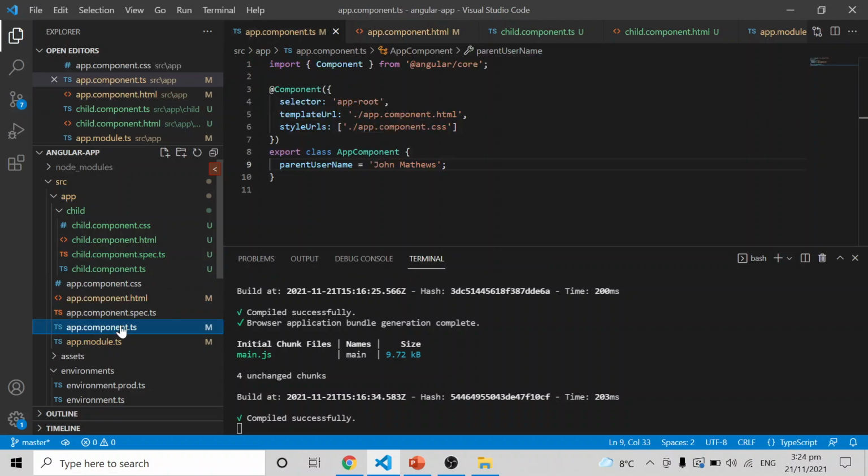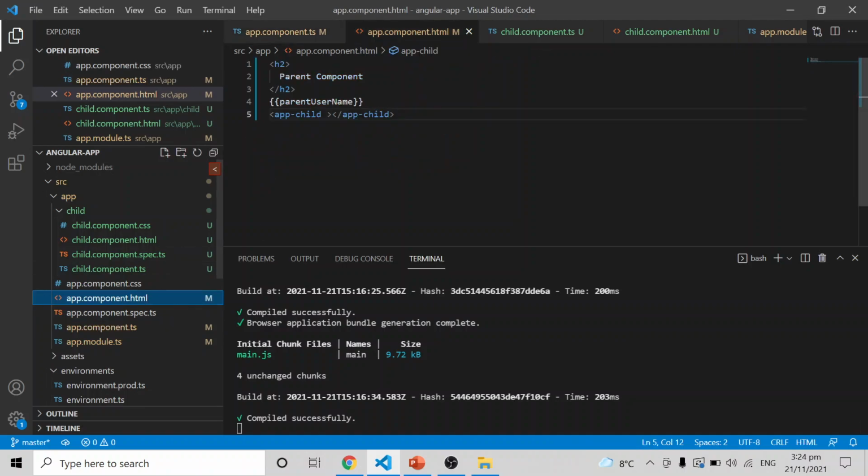I have a variable here called parentUsername. I named it with parent so that it is easy for you to identify whether the variable comes from the parent or the child. I am giving John Matthews as an example, and in the HTML I am just showing that parent variable, and here is the child component.